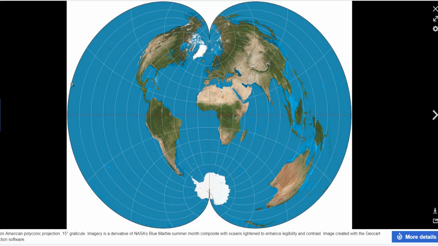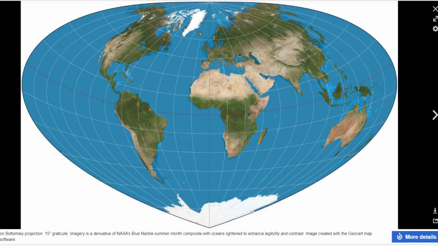So all these maps and models attempt to have a top and a bottom, or two diametrically opposed poles, simply to create maps and models that we can follow. But just look at the wild shapes that can be made from this just by manipulating the coordinates and the mathematics, sticking to this idea that it's all determined by longitude and latitude lines. But these are political. They're not real.